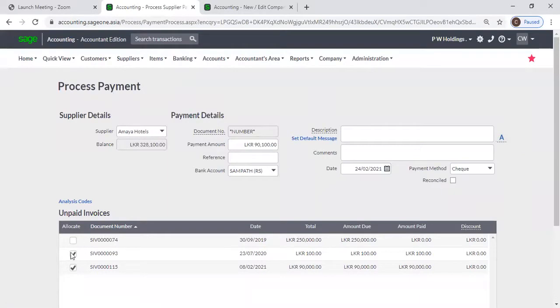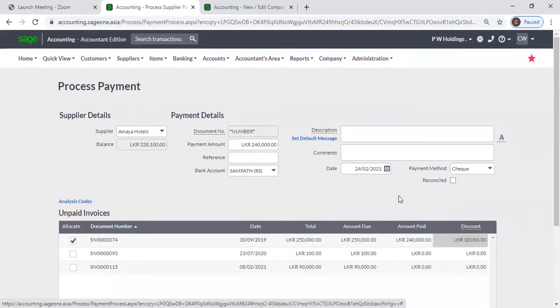Okay, now assume sometimes if you pay early, your supplier will give a discount to you. For example, for this 250,000 invoice, you are paying early, and that supplier will give you a 10,000 discount. In that case, you can select that invoice and enter the discount here, and you can change that paid amount to 240,000,